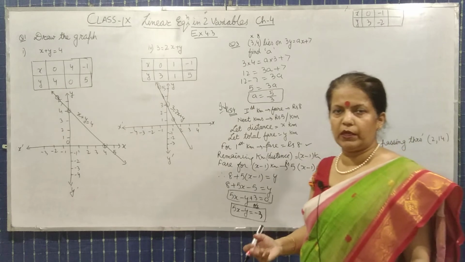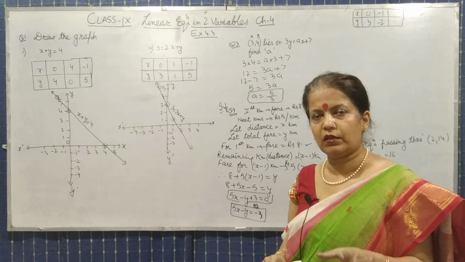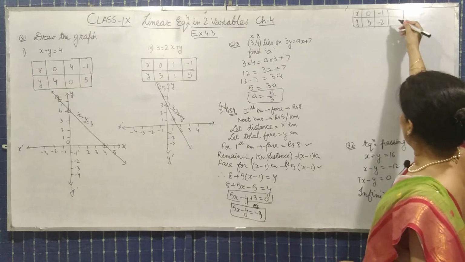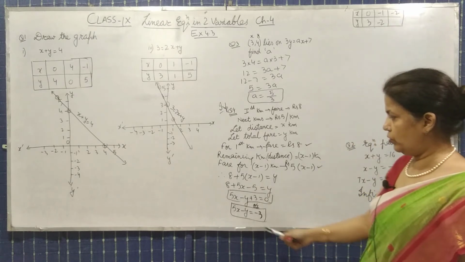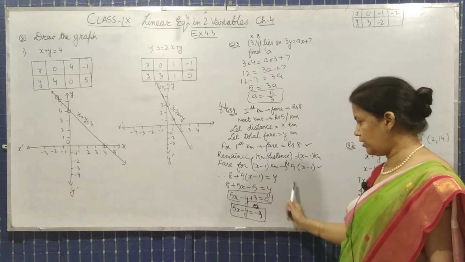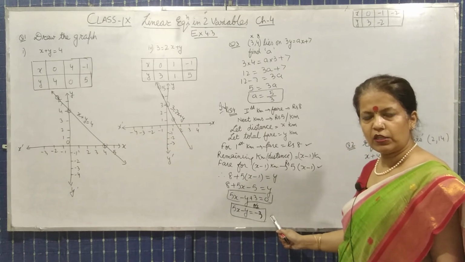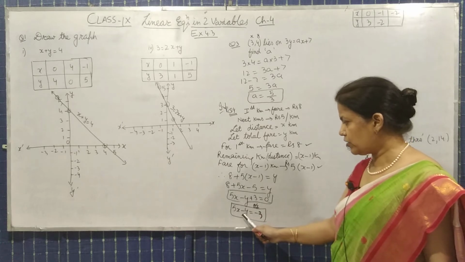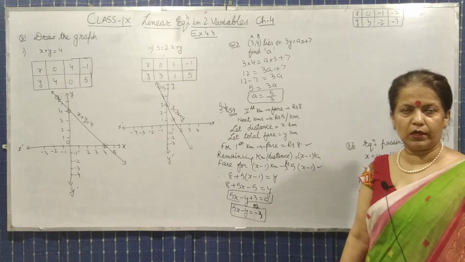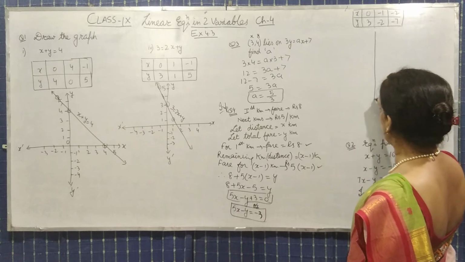You can do it verbally. Otherwise, as I told in the very beginning also, you can find the answer by doing the calculation in the rough column. Now take x value as minus 2. So it will become minus 10. Minus 10 shifts here and becomes plus 10. So minus 3 plus 10 is 7, so minus y equals 7, so y will be minus 7. Clear? Now we will plot the values on the graph.